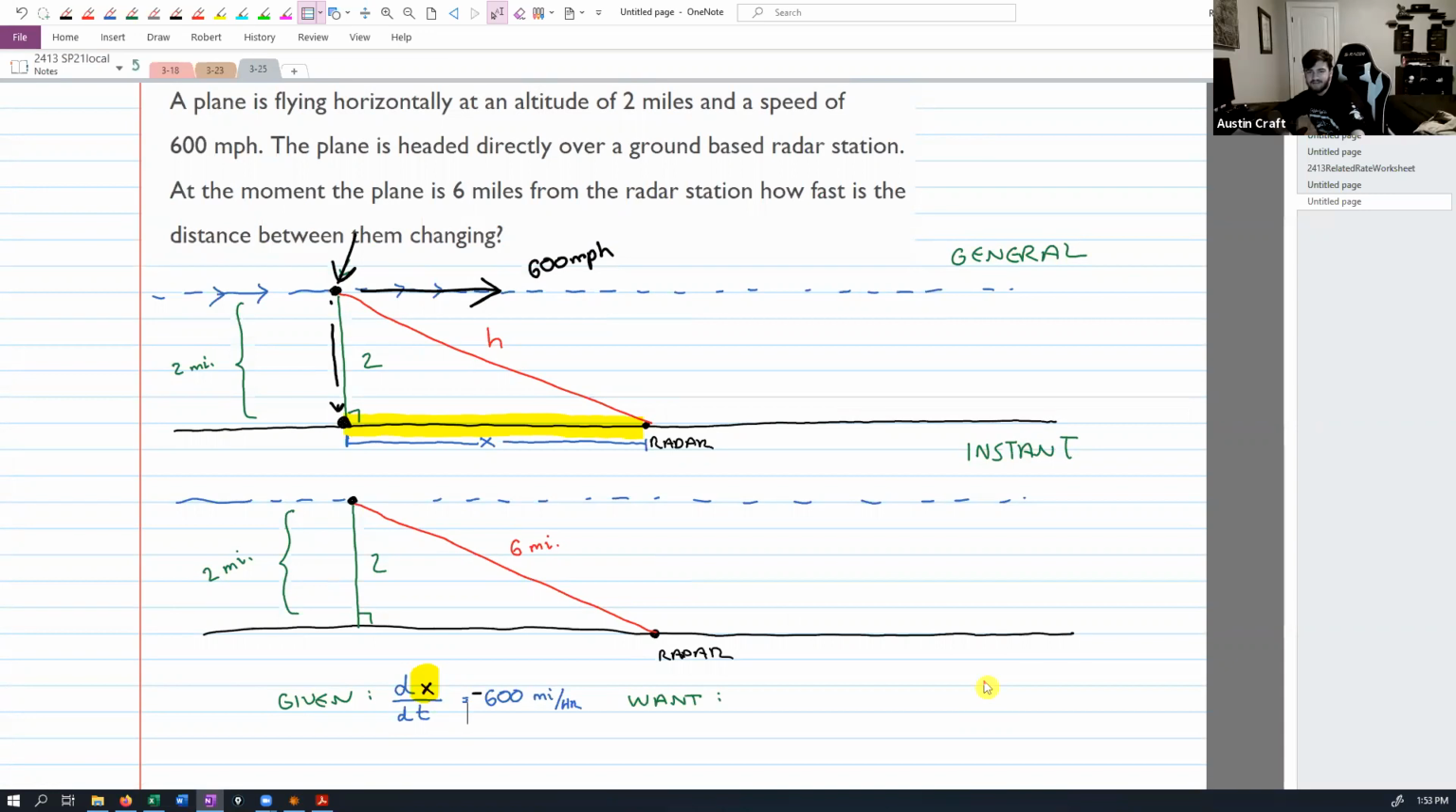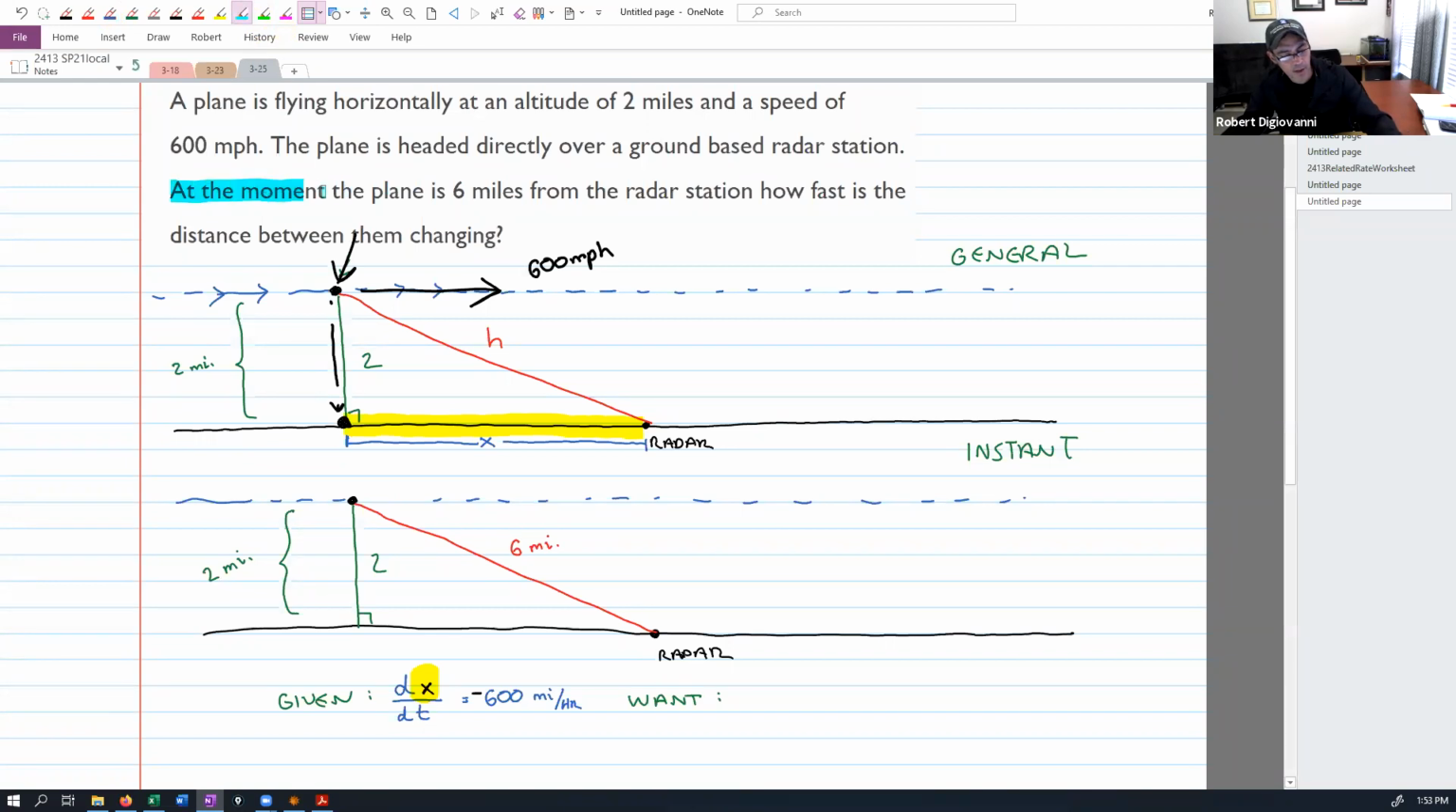Can I go again? Yeah, go ahead, Austin. We want dh over dt. So Austin, you're saying, at the moment that the plane is 6 miles from the radar station, here are the key words: how fast is the distance between them changing? Well, the distance between them is h, and so we want to know the rate of change of h, which means we want to know dh/dt